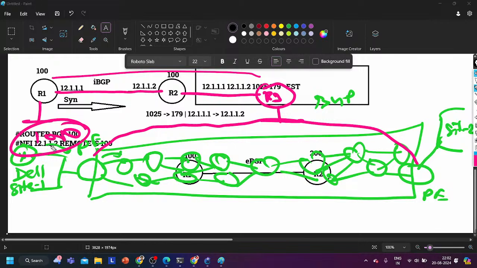And this is needed, right? Otherwise, in the service provider network, let's say there are 1000 routers. All 1000 routers are going to install 1000 prefixes, 100 prefixes of Dell. And like this, there are many companies connected with this service provider. So all routers are going to maintain a huge number of routes.